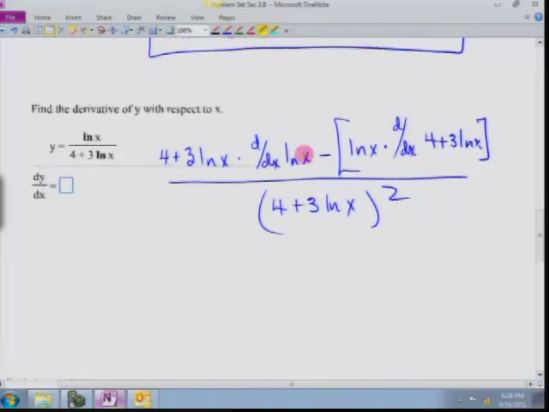So we're taking two derivatives, here and here. Okay, so what do we get? We got 4 plus 3 ln x times 1 over x, minus ln x times